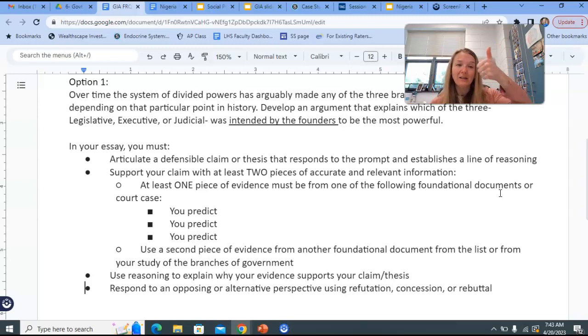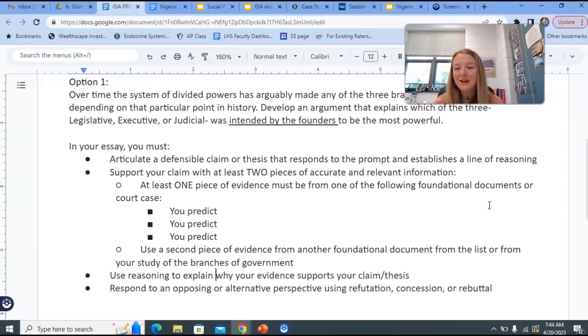If you do not establish a line of reasoning with your claim at the very beginning of your essay, the most you're going to get on this essay is a 2 out of 6 for your descriptions of two pieces of evidence, specific and relevant. Okay, so that claim or thesis is the most important part of your essay because you can't link evidence to a claim if you don't have one. You can't provide an opposing or alternate claim if you don't have an original one. And that's the same for both of them.